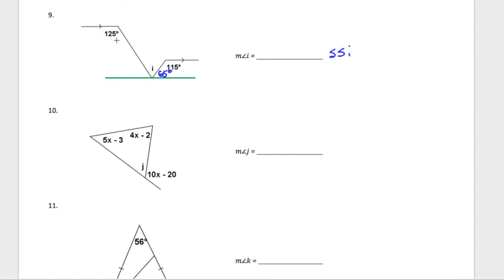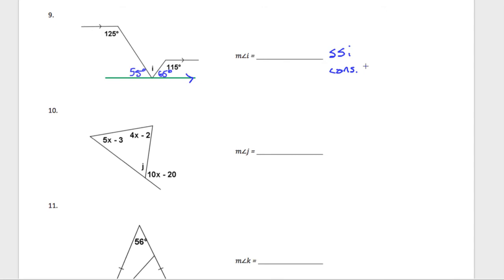And then same thing. By the way, this line that we assume is parallel to those two lines, this is also same side interior again, so 125 subtracted from 180, that's going to be 55 degrees. And then I know that all of this has 180 degrees,